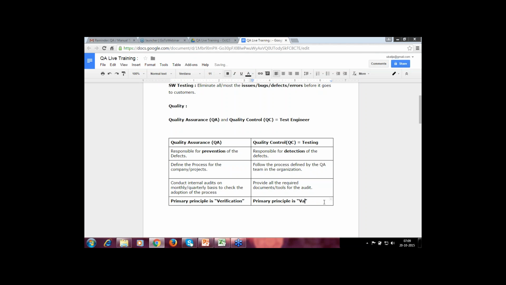Let me just define them. So the QA team majorly works on a principle called verification. What is verification? Suppose I give you a document, or an Excel, or probably some requirement document. What exactly you do in that is you try to,